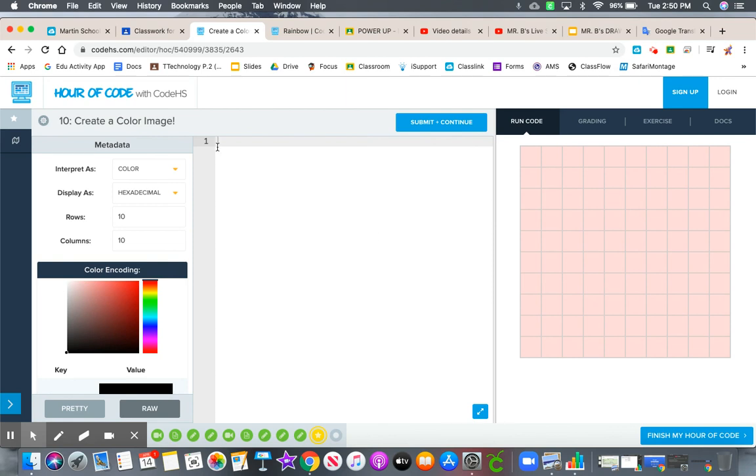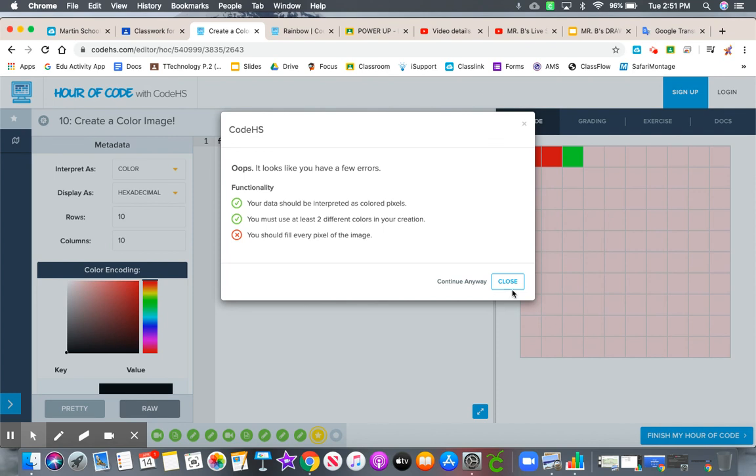So again, you can come through here and F, let's see, 0, 0, 0, 0, 0. So we got red there, then F, F, 0, 0, 0, 0. And just keep going over, and you can make any sort of image that you want. Then again, 0, 0, FF, 0, 0, that's green. And just experiment with it. You can see that this first line of code is going to represent the first row of squares here. So whatever color you want, you can either use hexadecimal or binary, but just hit continue